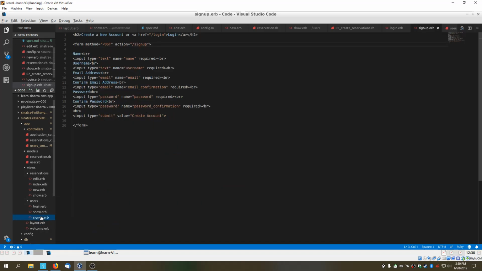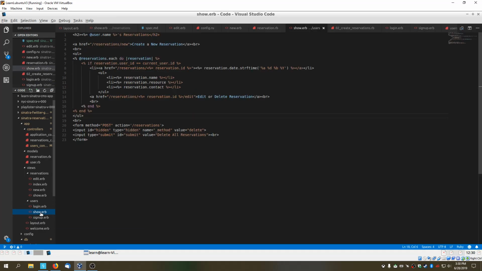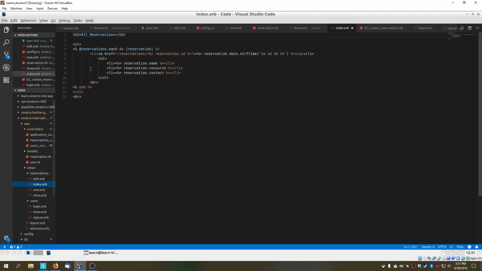But in any case, the other views are contained within their respective folders. So the user's view has a sign up form, a login form, and then also a show page that shows all of their reservations and no one else's. And then there's a reservations index within that folder that shows all reservations, because I envision this being used as part of a company intranet, so you're not necessarily going to care too much that all of the users' information is displayed like that, and within a reservation system it makes sense for everybody to see all the reservations,